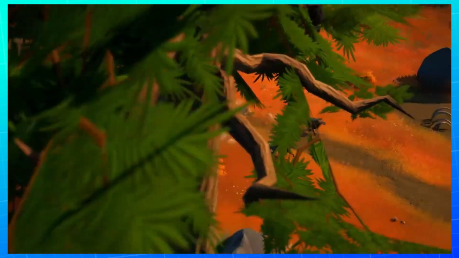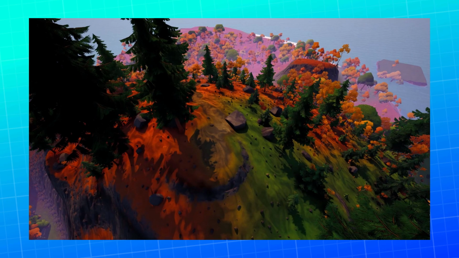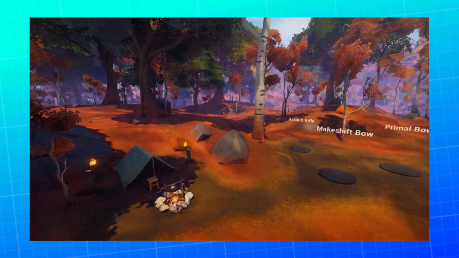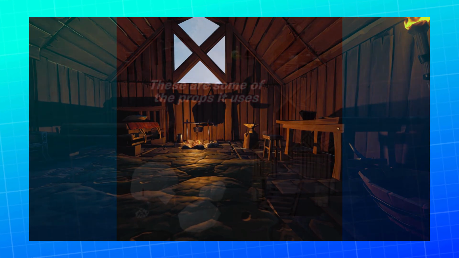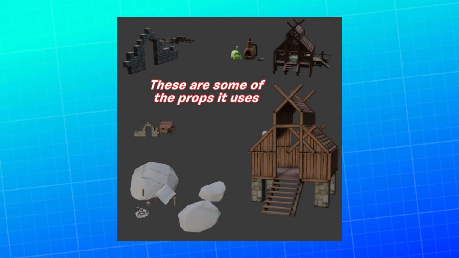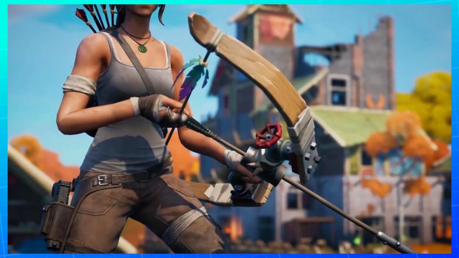Do you remember Fortnite's open world mode? Of course you don't. Back in 2021, Epic was working on a Primal style open world sandbox mode for Fortnite, which was leaked during Primal season. This was a really cool concept that seemingly didn't go anywhere, and we haven't heard anything about it for a